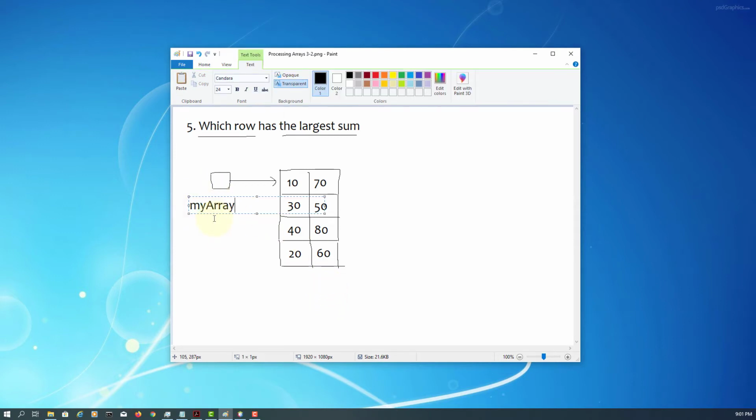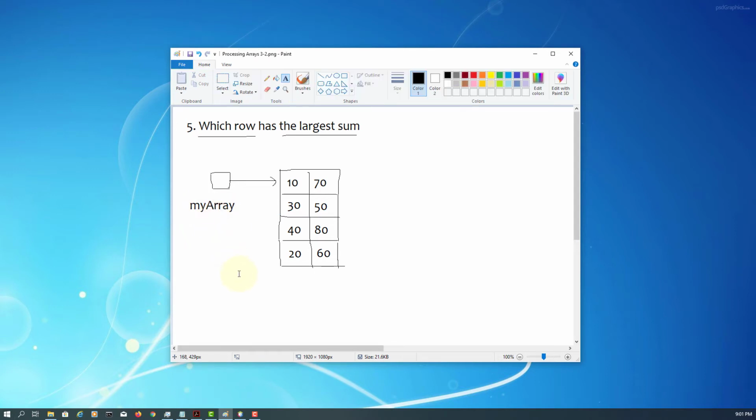Okay, let me name it as myArray. Somehow I end up with 80 too many times, but it doesn't matter. So if you look at the first row,